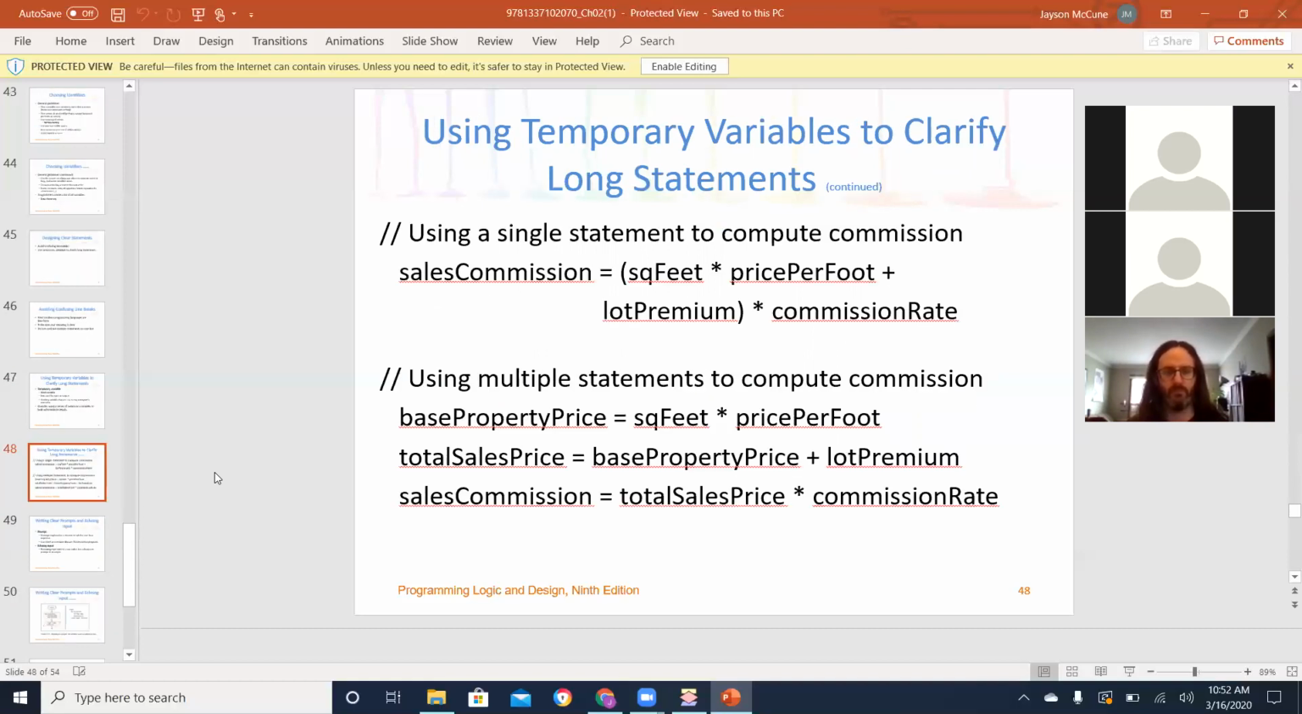So as an example here, the sales commission calculation is all in one line, where you're taking the square feet times the price per foot plus the lot premium times the commission rate. So that can be a little confusing to try to look at or read through. But if you use multiple statements to compute the commission here,